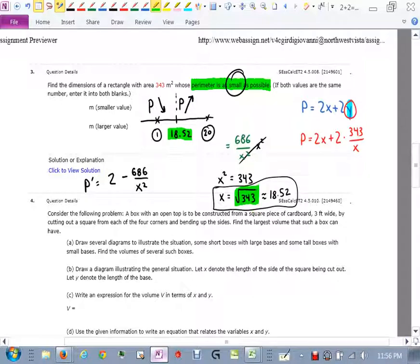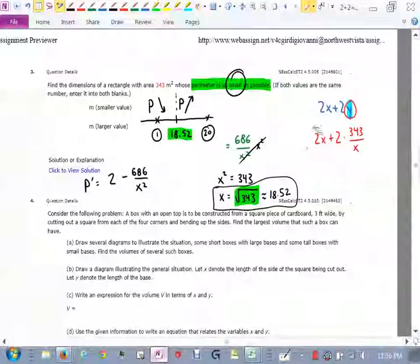square root of 343. Now that's just what x is. I also need to find what y is. So go back. Remember,